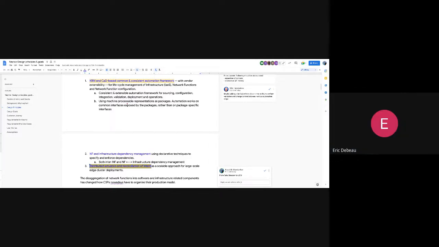Yes, we can. My question is much more about the transport layer, because sometimes when we need to deploy some specific cluster at the edge, we also need to have some specific constraints at the transport layer between, for example, the centralized cluster and the edge one.